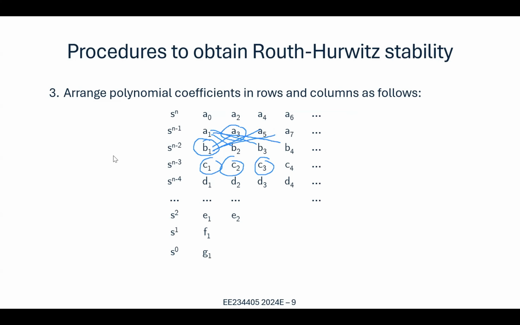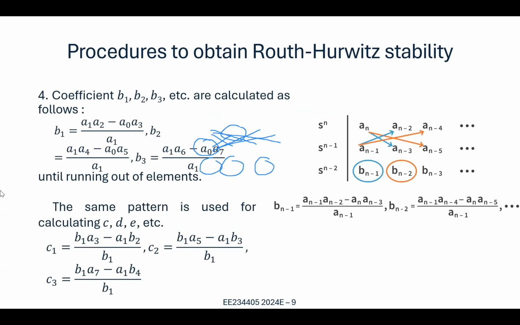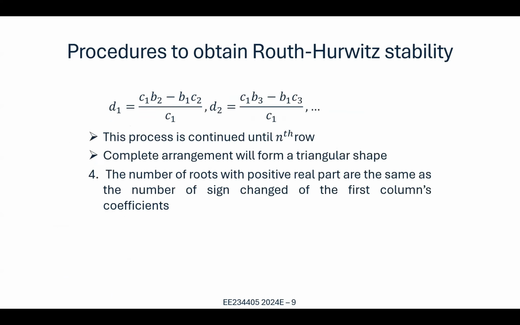And we do that again until we run out of elements. We eventually will arrive at the case where everything would be 0, and we will have a triangular shape later. So now the next part is after we complete this process until the nth row,